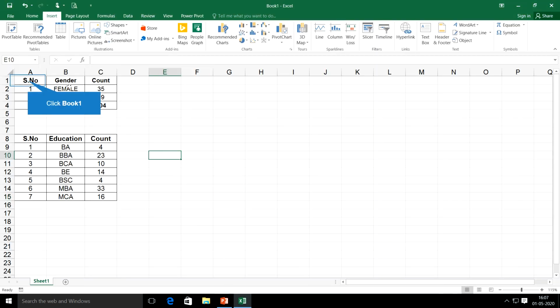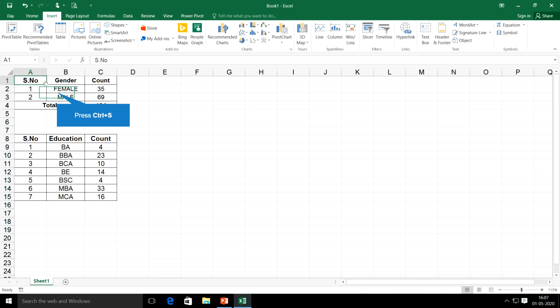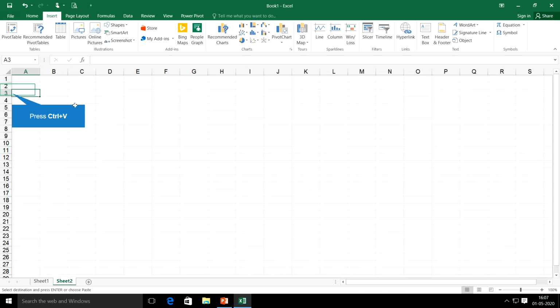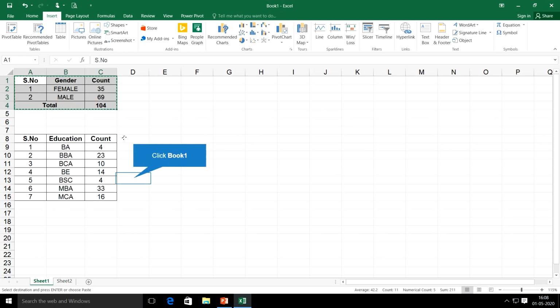Okay, I have a table here. I need this table in another sheet or any other area. So I need not type this data once again and need not create the table once again. Simply what I can do is select this table, right click on my mouse, click on copy, and I can go wherever I want and paste the table wherever I want. So this way I can move the table from one sheet to another sheet or from one area to another area or wherever I want.